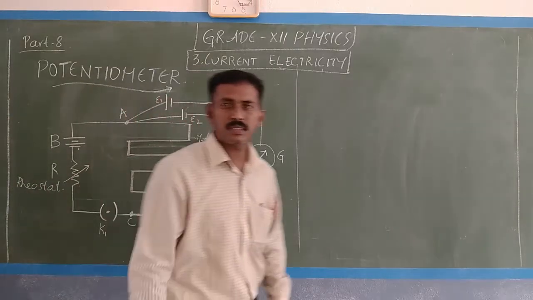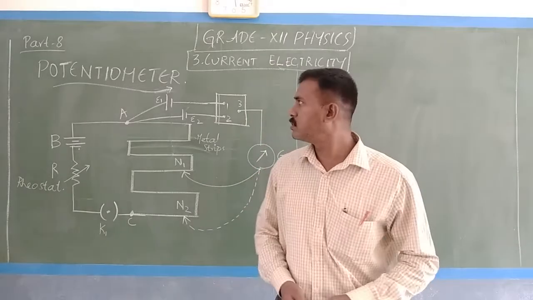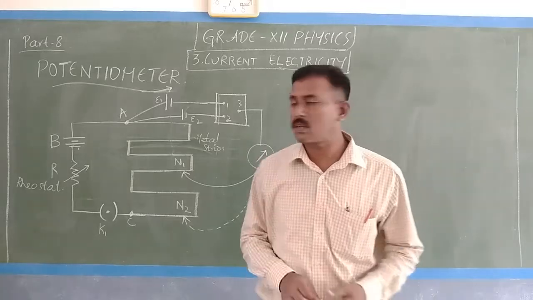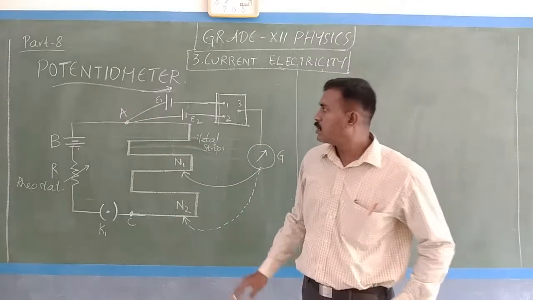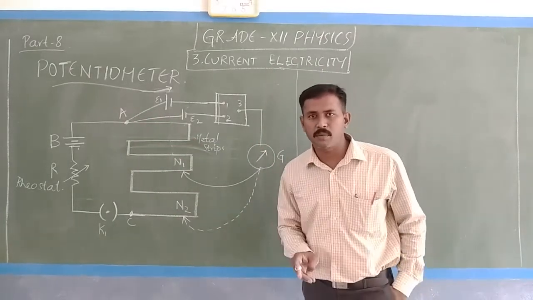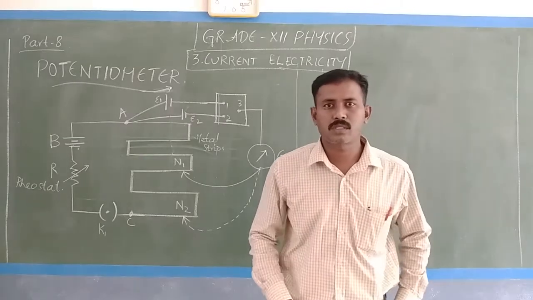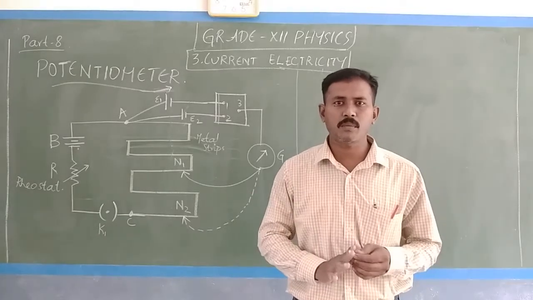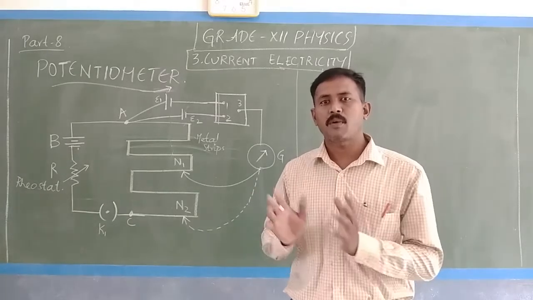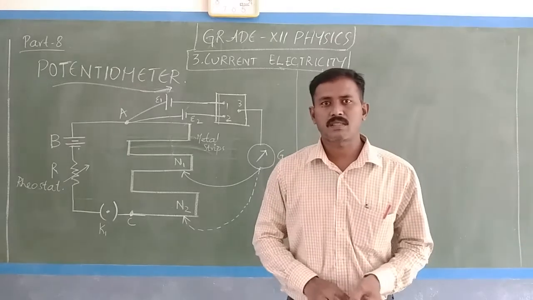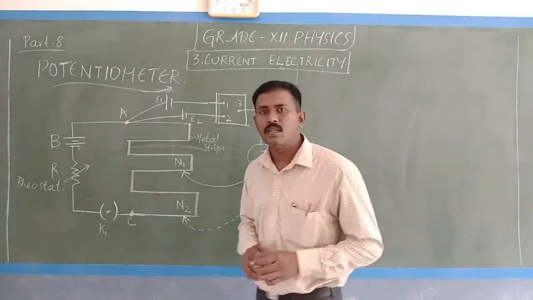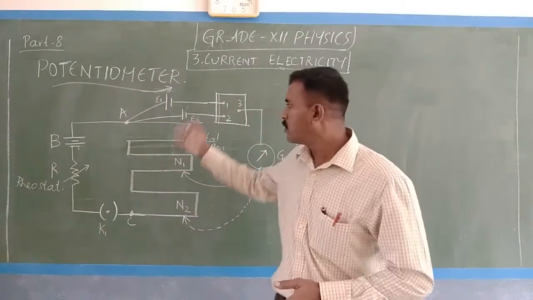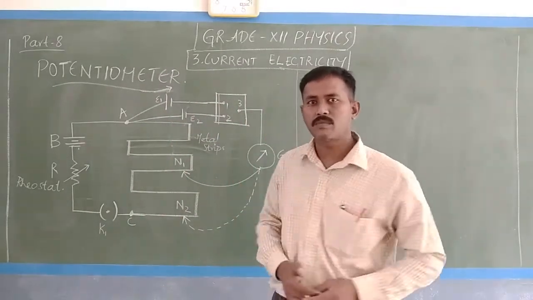Now students, I will discuss the concept of potentiometer. Previously I ended the meter bridge and the problems based on it. Now we have the device called potentiometer. So what is a potentiometer? What is it used for? First I will describe the circuit. Basically potentiometer is used for the potential analysis of the cells. If we have more than one cell, how to compare the potential of the cells? For that we can use this network arrangement.